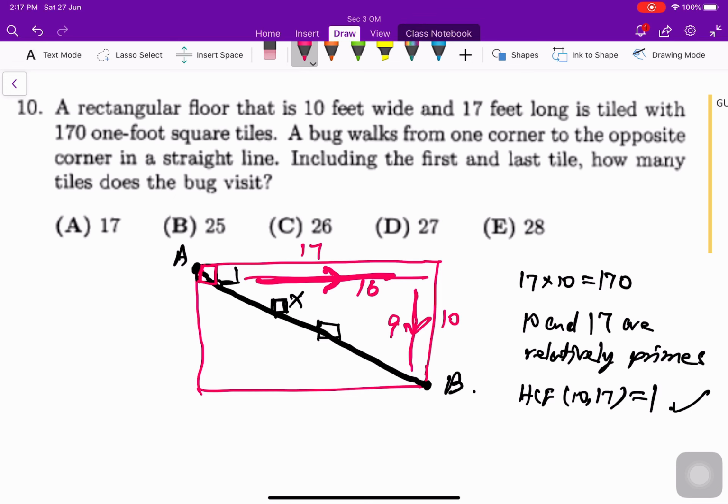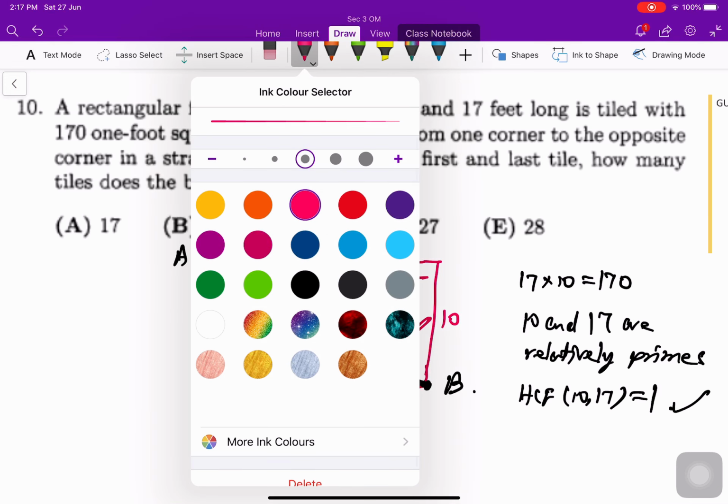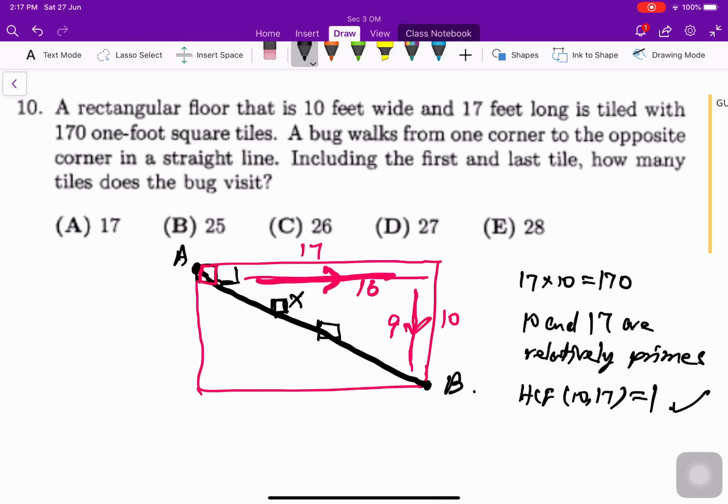Therefore, can I write this? Each time the bug crosses an edge,